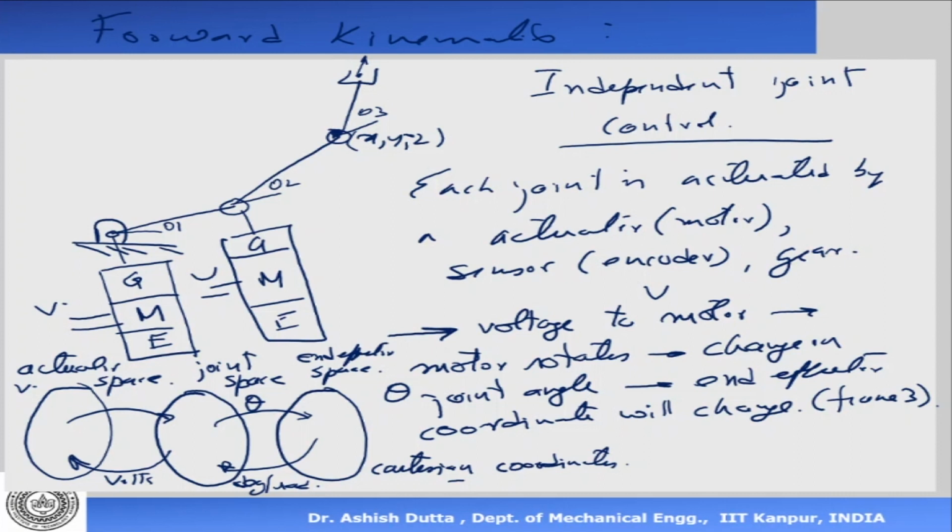Okay, so basically what we are interested in is, if I change the joint angle, how is the end effector going to change? That is what is basically called the forward kinematics. So if I give input theta, then xy will change at the end effector. But the inverse of that is, if I want a particular xy in the end effector or the last frame, then what is the corresponding joint angle that I need? That's the inverse problem.